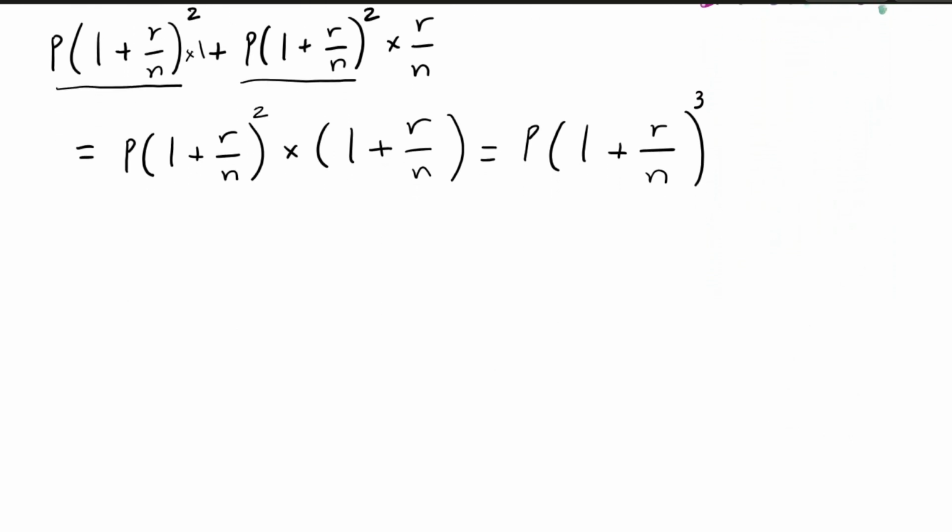If this keeps going, eventually we are going to reach an undetermined number of months. Let's say that is month N. Well, my guess is the formula would happen this way. We have P times 1 plus R over N to the power of N,